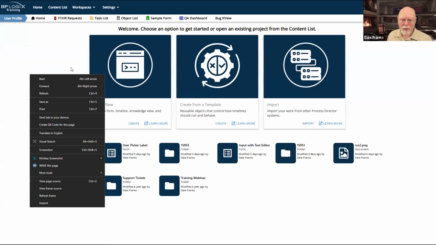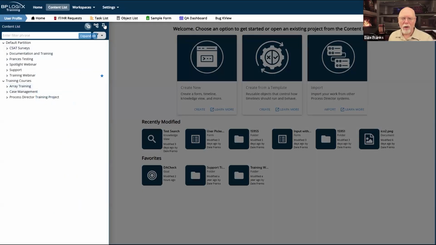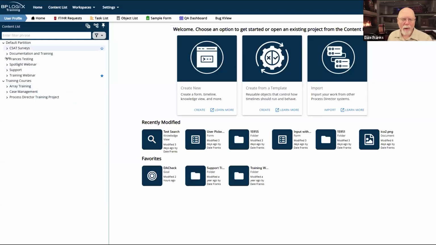They'll only be able to submit forms from a particular portion of the content list, and they won't be able to see, even if they did have access to the content list, which, oh, by the way, they shouldn't. You can handle most use case issues and most security issues with permissions in the system. There are very, very few instances in the real world where you need multiple partitions on your system.